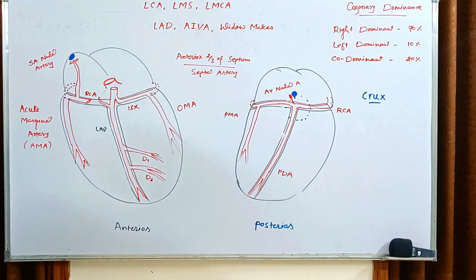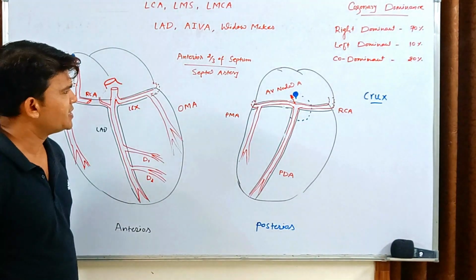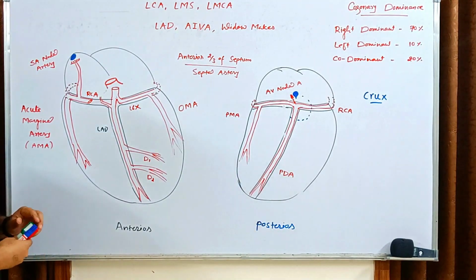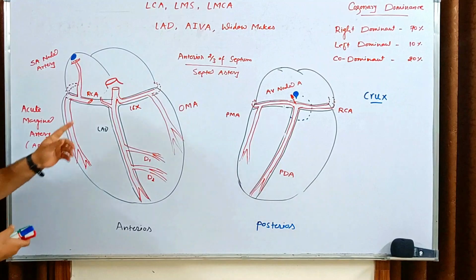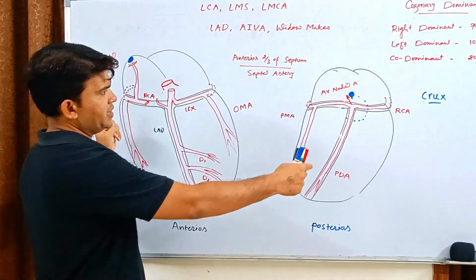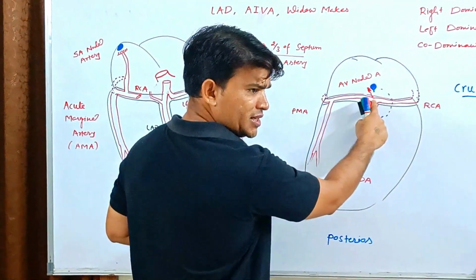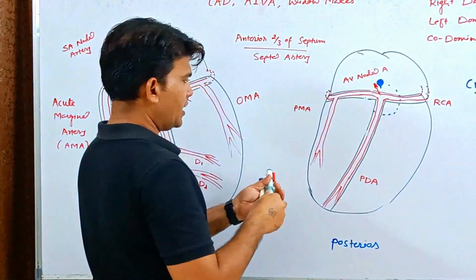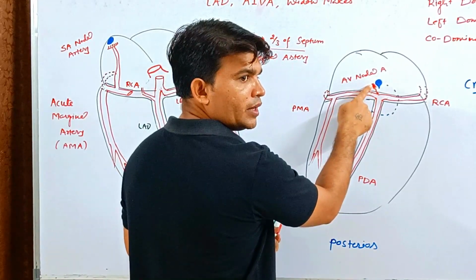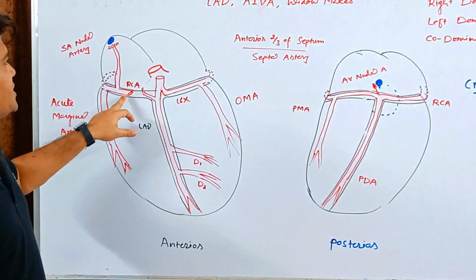Now let's discuss a clinical scenario. We discussed that in 70% of cases the right coronary artery supplies the posterior descending artery, and the posterior descending artery supplies the AV nodal artery, and the proximal RCA also supplies